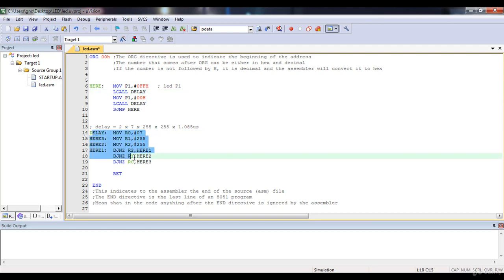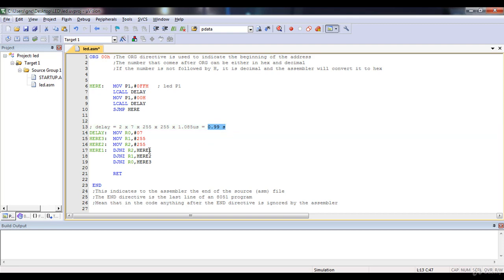This particular delay subroutine is used to create a delay of 2 into 7 into 255 into 255 into 1.085 microsecond. So this much delay will get produced by this delay subroutine. The total delay produced is 0.99 second.